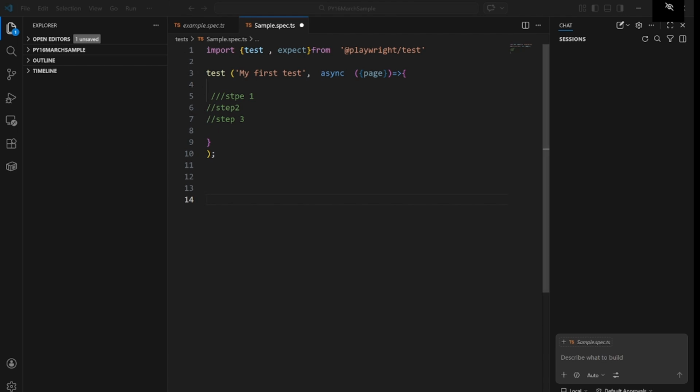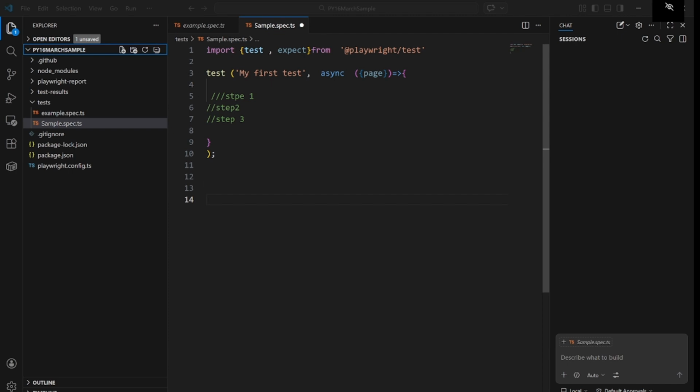So earlier we have seen how, in Playwright, we can write the test annotations and how we can import test and expect from Playwright. We have already seen these things. Now today I will tell you how you can use the fixtures. So this is your test annotation. Now this test annotation takes two arguments, which we already discussed in the previous video. We are providing the test case name, which should always be unique.